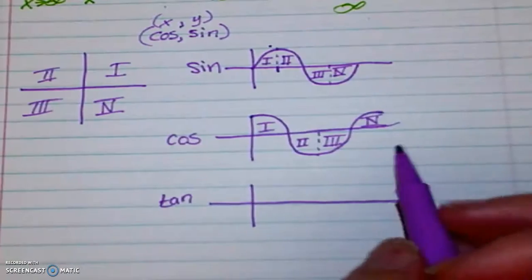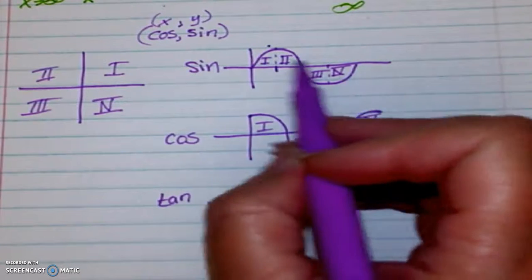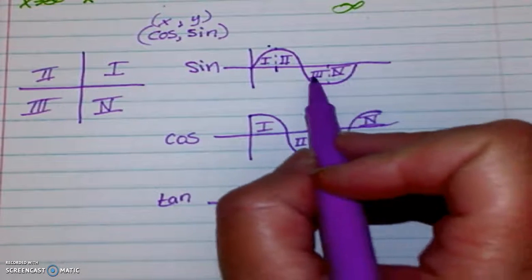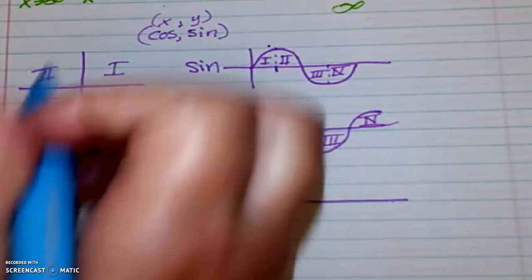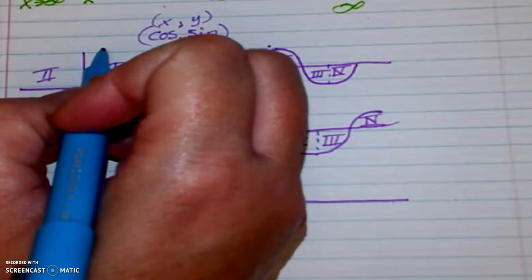the third and fourth. And when you look at the sine curve, you see that it's positive in the first and second, negative in the third and fourth. Now, something else that we have talked about is we could just remember the phrase starting in the first quadrant: